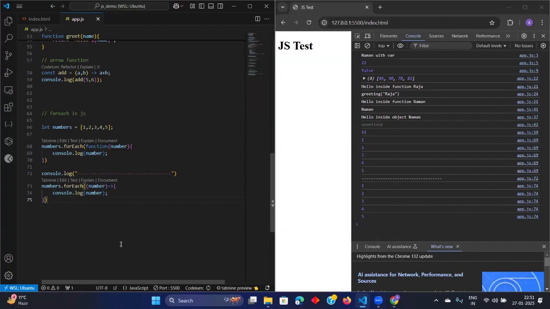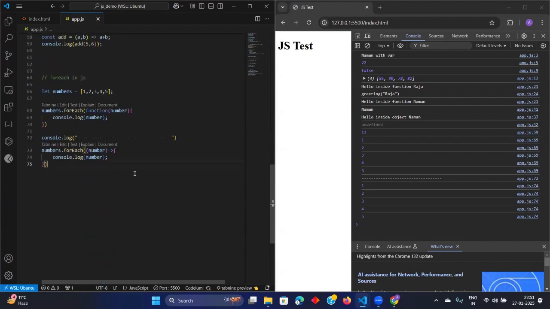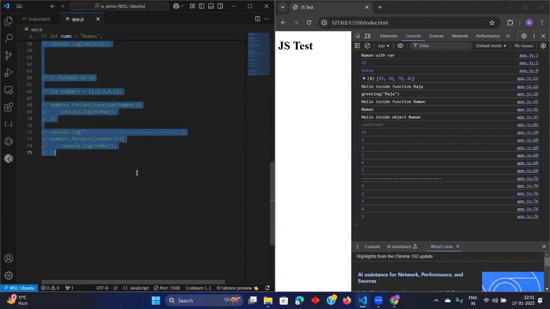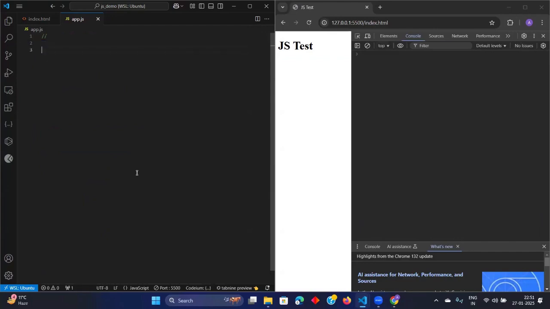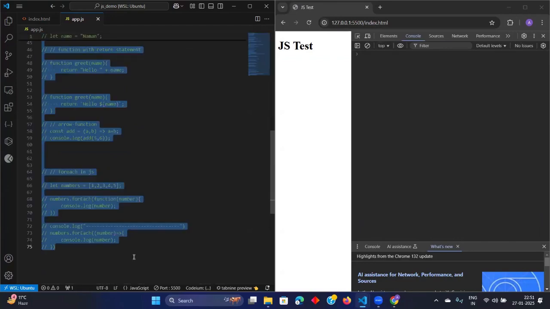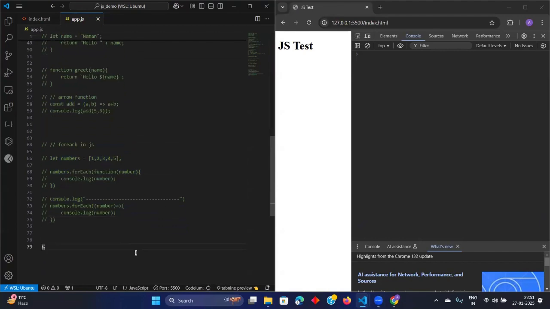Okay. So now let us move on to event listeners. There are so many event listeners in JavaScript which do the DOM manipulation. DOM means document object model manipulation. So let us first delete this. Now let us define a const